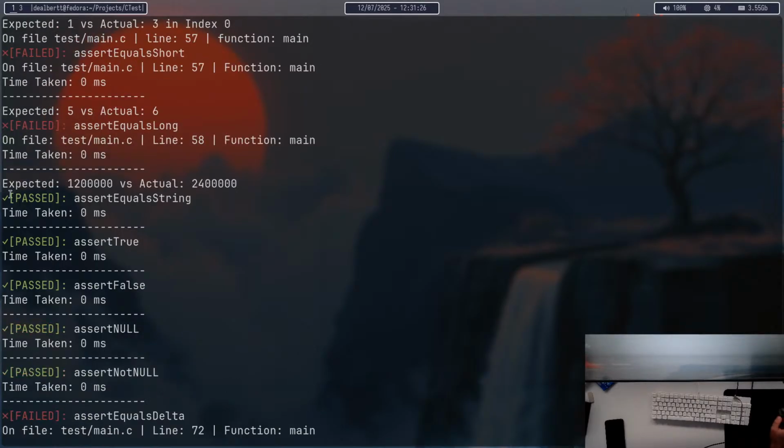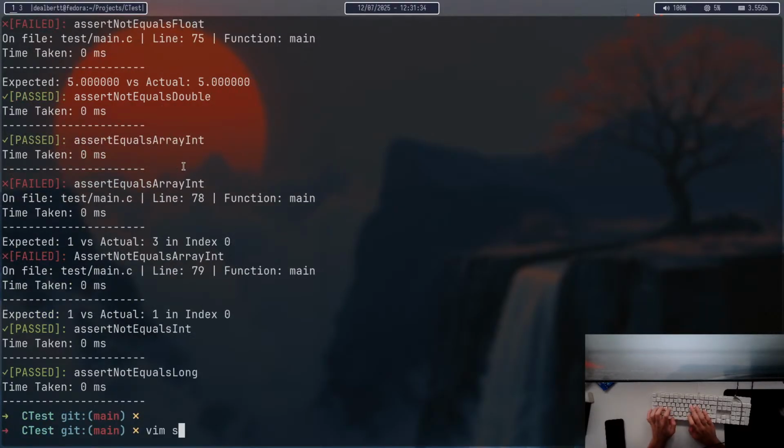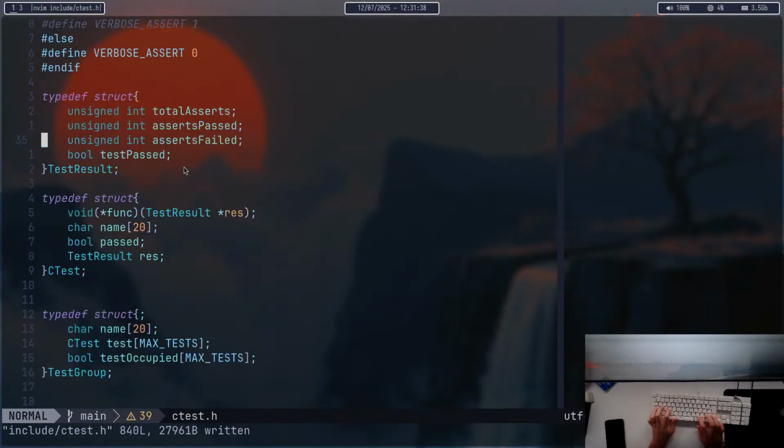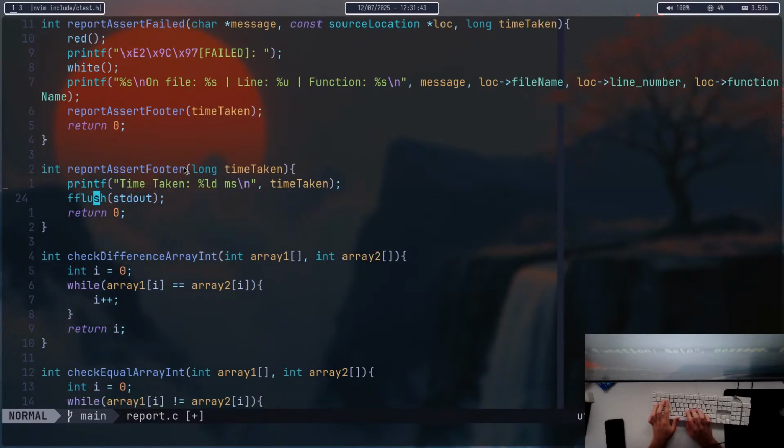Right, so I do have to change this as well, because I do have the expected as well on the pass. I think this is the actual part, yeah. So I do have to change that. Include CTest.h. Alright, so let me then move this over here